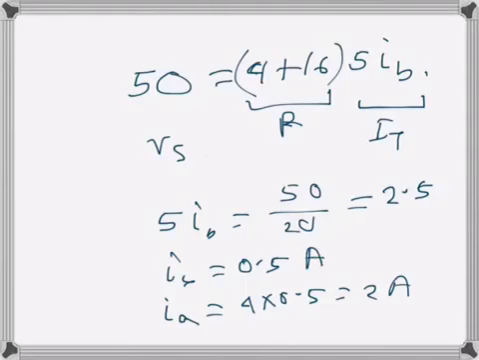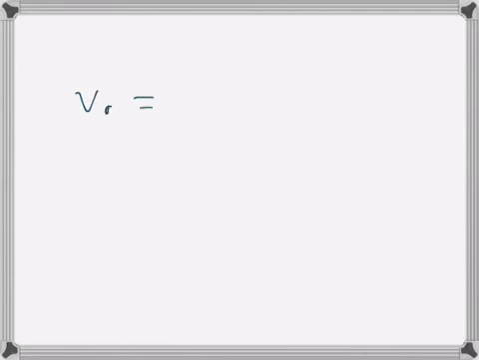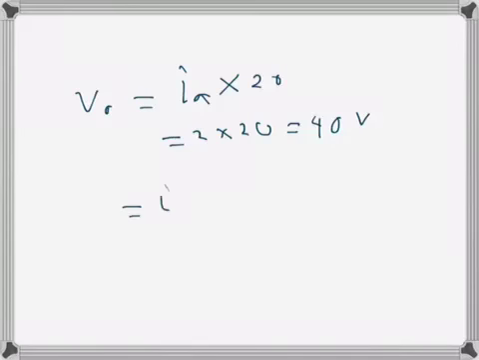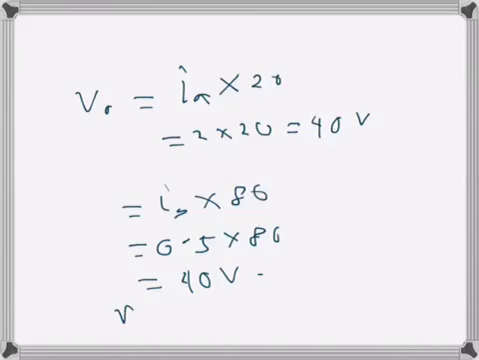So this is 0.5 amps, this is 2 amps. We have found the value of IB and IA. We need to find the value of V0, which is IA times 20, which is 2 times 20, which is 40 volts, or V0 can be IB times 80, which is 0.5 times 80, which is 40 volts, same, or V0 equals the total current IT